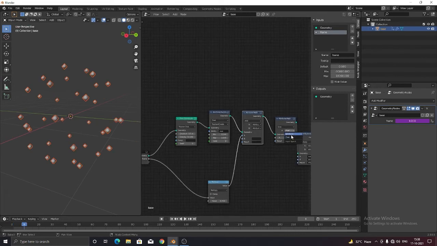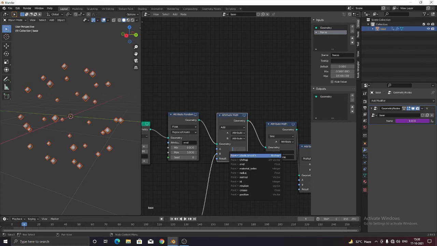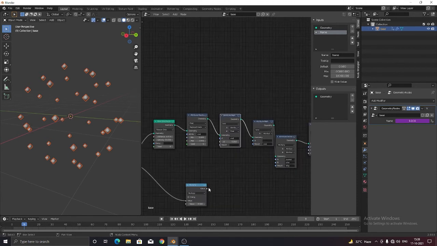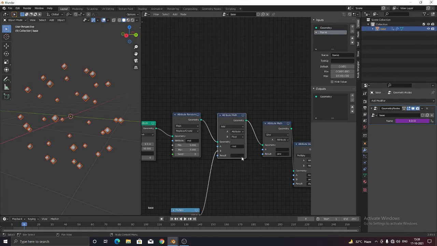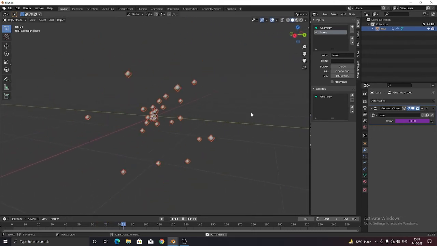Change the attribute value, click here to frame, RMD. First we are going to create this, connect to B, and change the A value to RMD, change the B value to float. Connect, and change the value to frame here, and now you can see that it's looking so amazing.